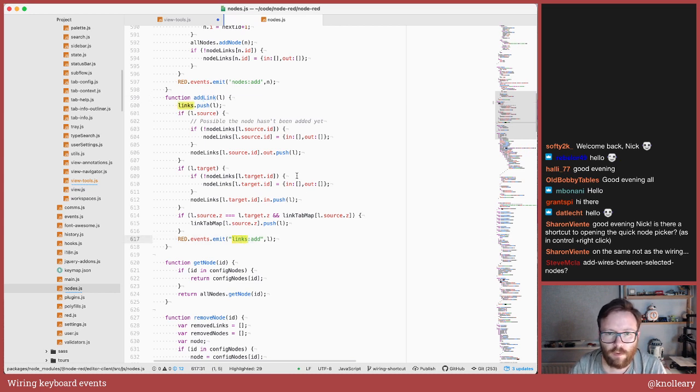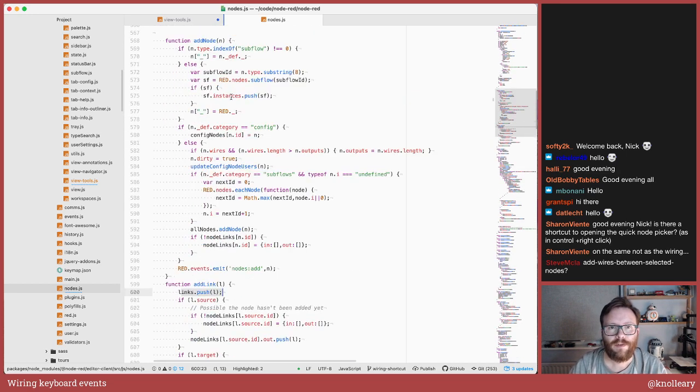So that's not changing. But what's important to realize with this add link function, it takes a link object, which we'll come to in a sec, and it just adds it to the links list. It doesn't do any verification that that link doesn't already exist,